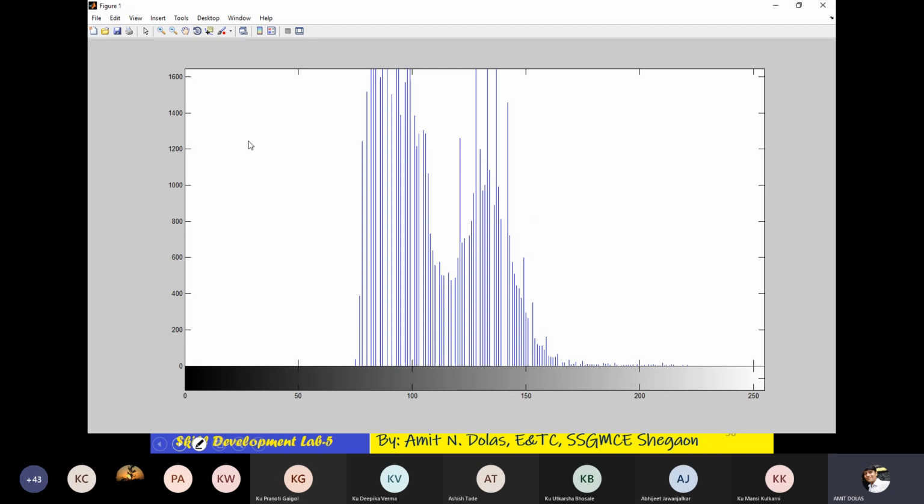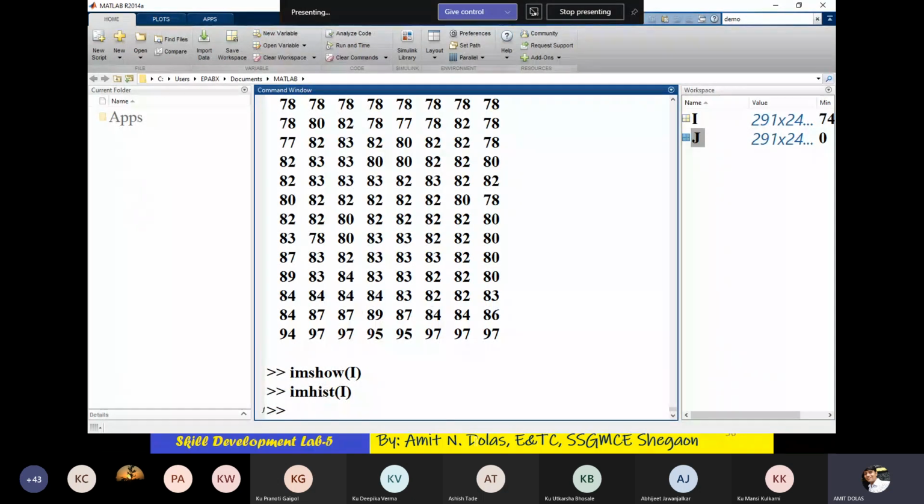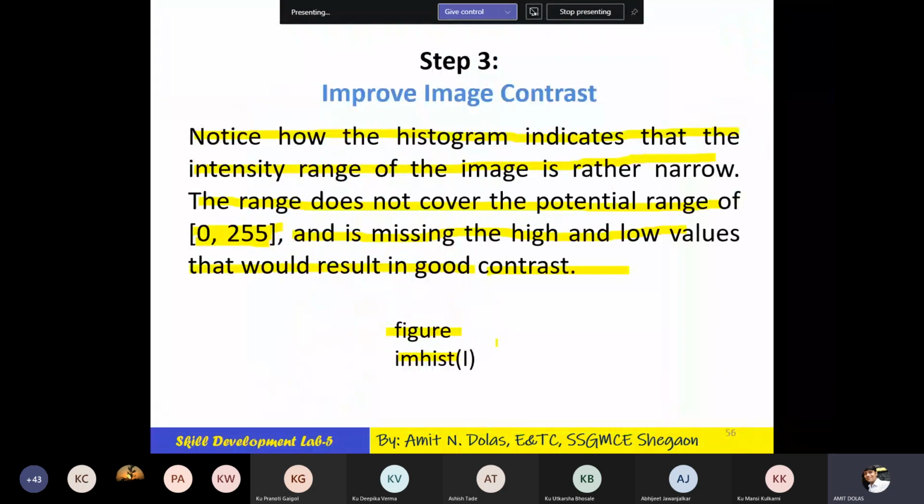So the pictorial representation of the occurrence of pixel intensities in the image is nothing but a histogram. Now what do we get from the histogram? From this histogram, we can directly say that there are no dark pixels available, and there are no bright pixels available. Therefore, our eyes will not distinguish between the edges. That's why imhist is used for showing the histogram. Then we will equalize this histogram. There is one function.